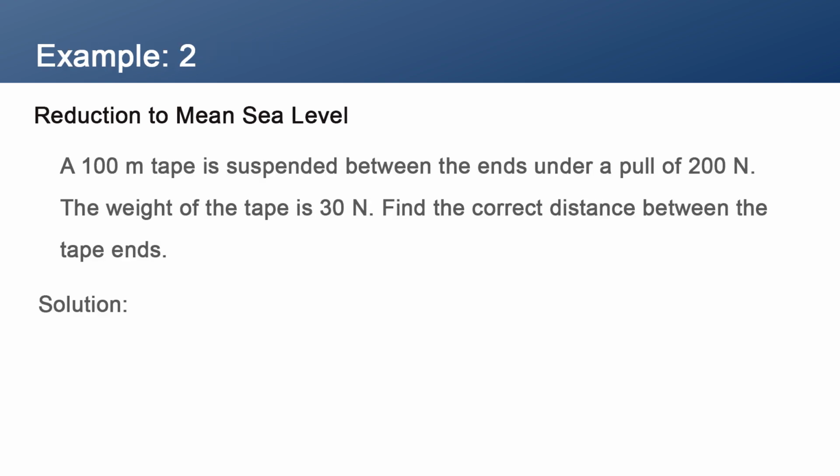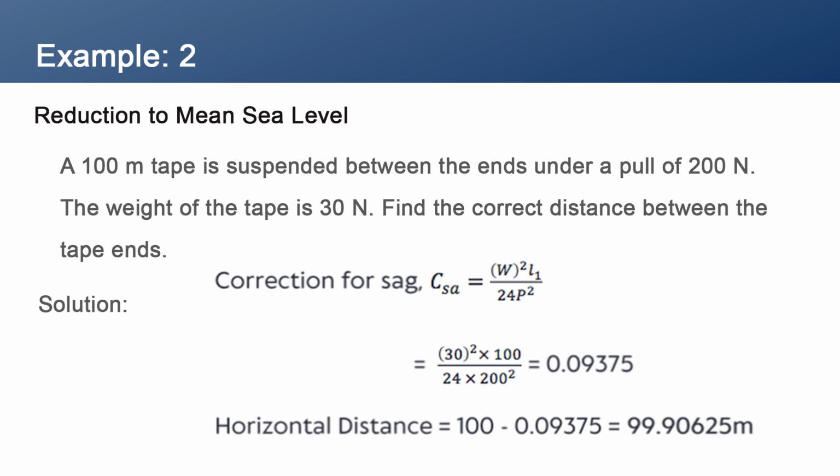Let us walk through an example. A 100-meter tape is suspended between the ends under a pull of 200 Newton. The weight of the tape is 30 Newton. Find the correct distance between the tape ends. Solution goes like this. The correction for the sag, CSA is equal to W square L1 by 24 P square. W is given, that is 30, L1 is given 100 and 24 into 200 square, which comes out as 0.09375. From which the horizontal distance is equal to 100 minus 0.09375,